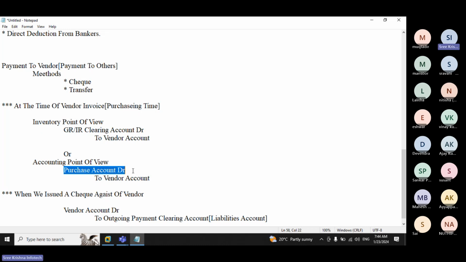Purchase account to debit. The vendor is closed because his credit and debit are the same. Then purchase account to debit to outgoing payment to clearing account. Now this purchase is reflecting as a liability because you have purchased and released the check, I mean updated the check. And still the check is not cleared. It's not collected at the bank. So after